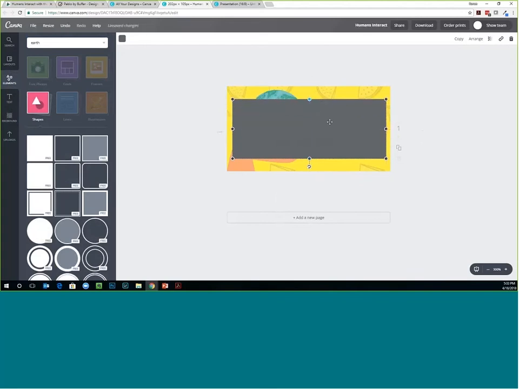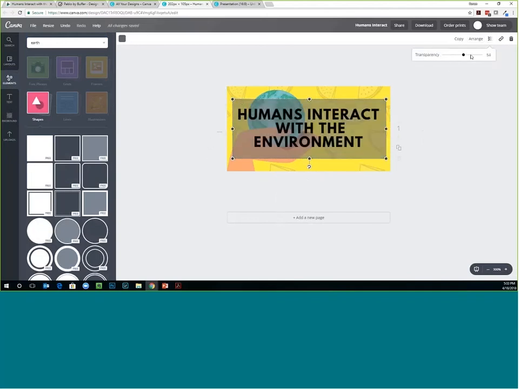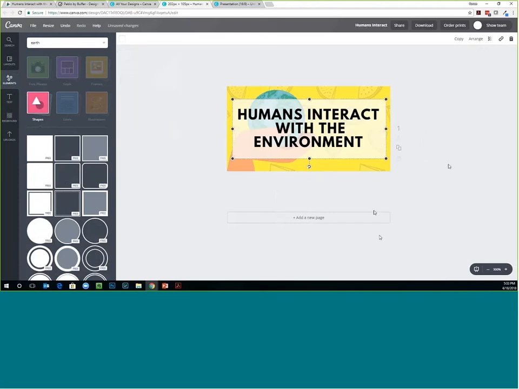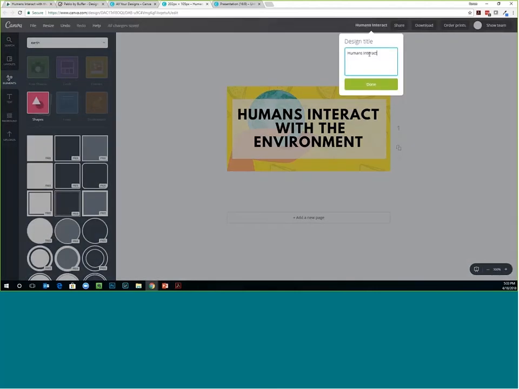So we'll do this, and then if you click arrange, you can send it back. And you can also change the transparency, so you can do that. And in this case, I'd probably make it white because we're using dark text, and that will help it stand out against the background, something like that. So there's lots of tools you can play with here. And then when you're done, you can title or retitle it here,